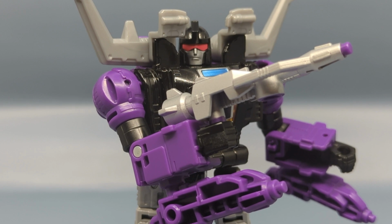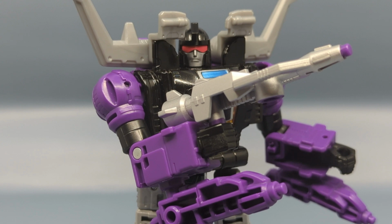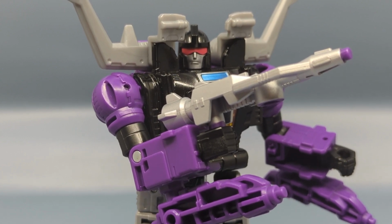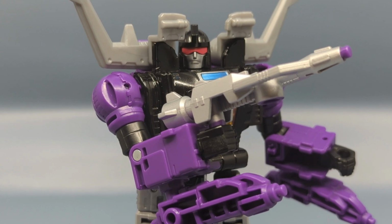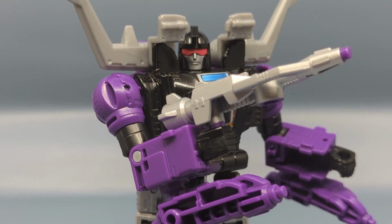Now, as I said, I got this figure from Hasbro Pulse. I believe it is sold out now, and unfortunately it is sold out on Amazon. So your best bet is to try other retailers like Big Bad Toy Store, TF Source, or look in brick and mortar like Walmart and Target. Hopefully this figure will reach some form of saturation, and this won't be an issue to try and find, because really,